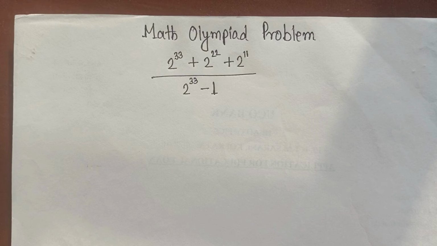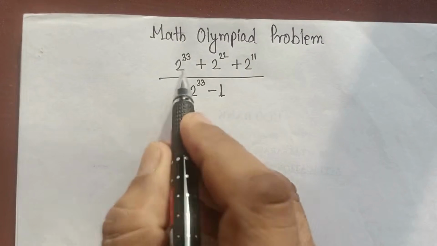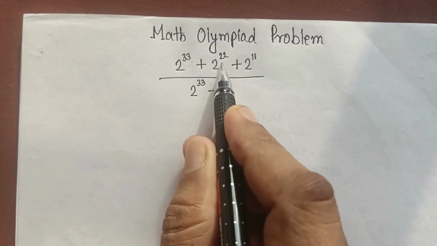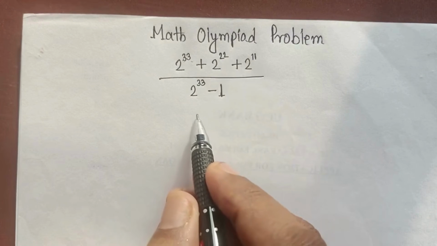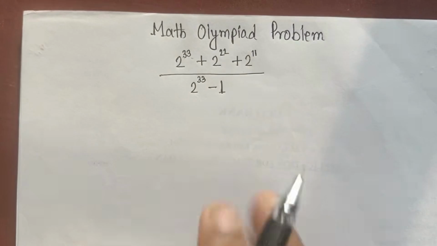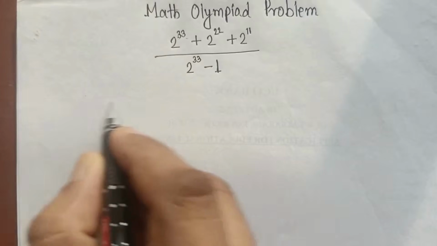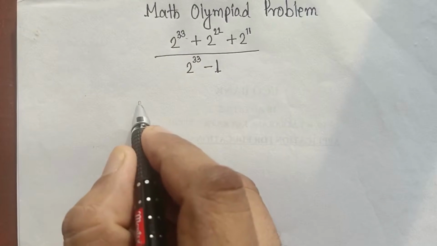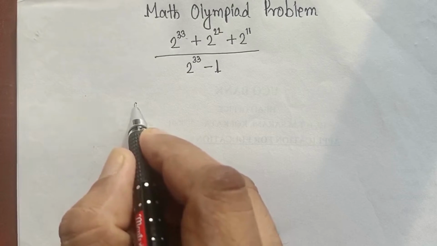Today we are going to solve and simplify an exponential equation like (2 to the power 33 plus 2 to the power 22 plus 2 to the power 11) by (2 to the power 33 minus 1). So let's start to find out the solution. Okay, so we can write